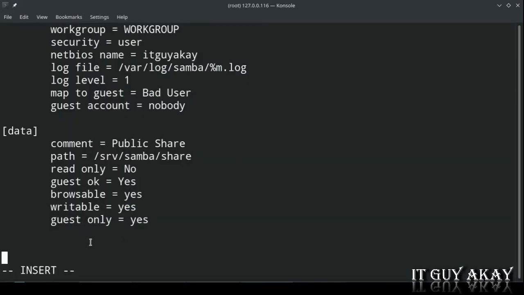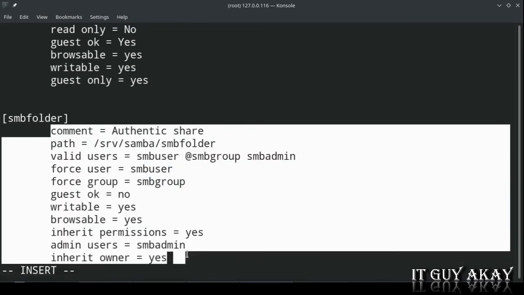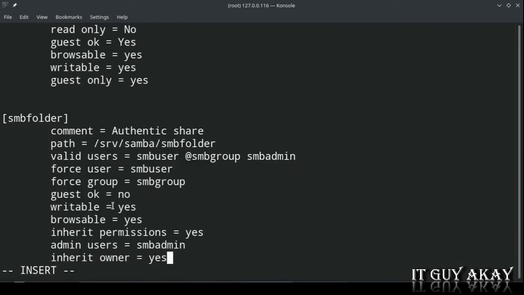Again, you can read about these parameters in the link given in the description of this video. Here, we are disabling this admin users parameter, we need this parameter in our next scenario.